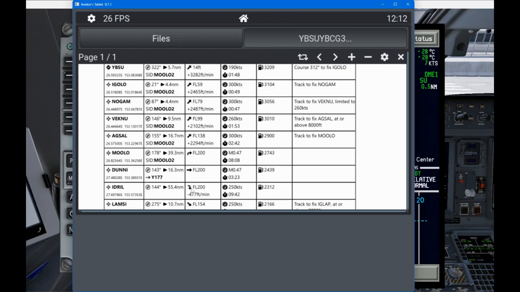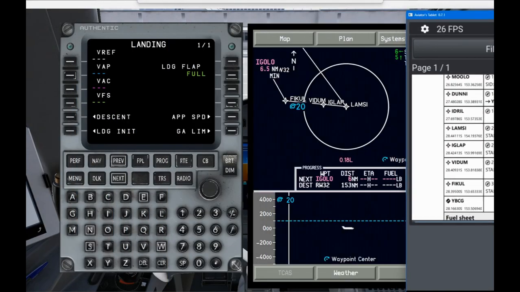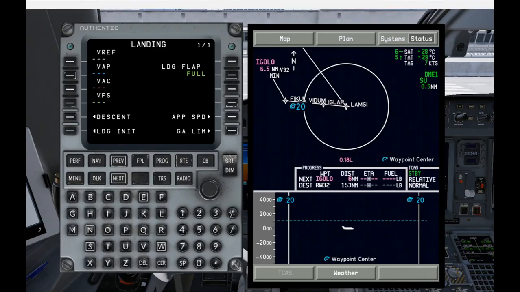There's your top of descent right there, and it gives you the rate of descent all the way through to the runway, and it says here you should be doing 131 knots. So what we'll do is I'll just put that out of the way for a second, and we'll bring up